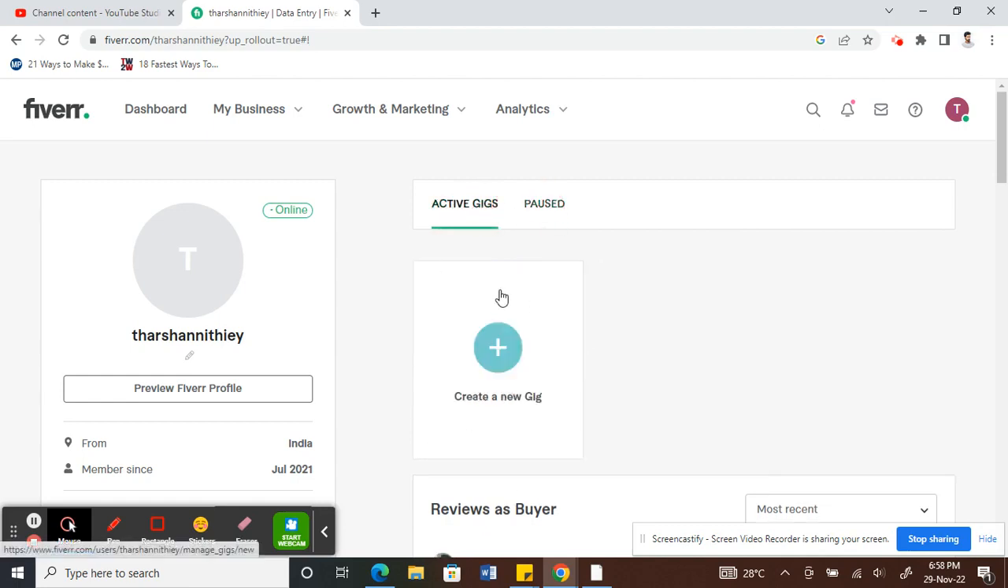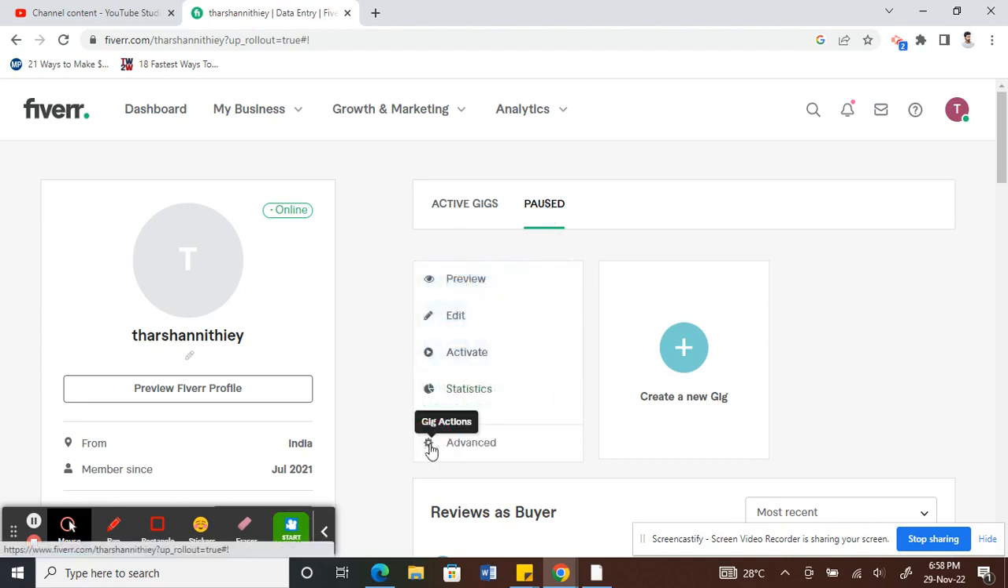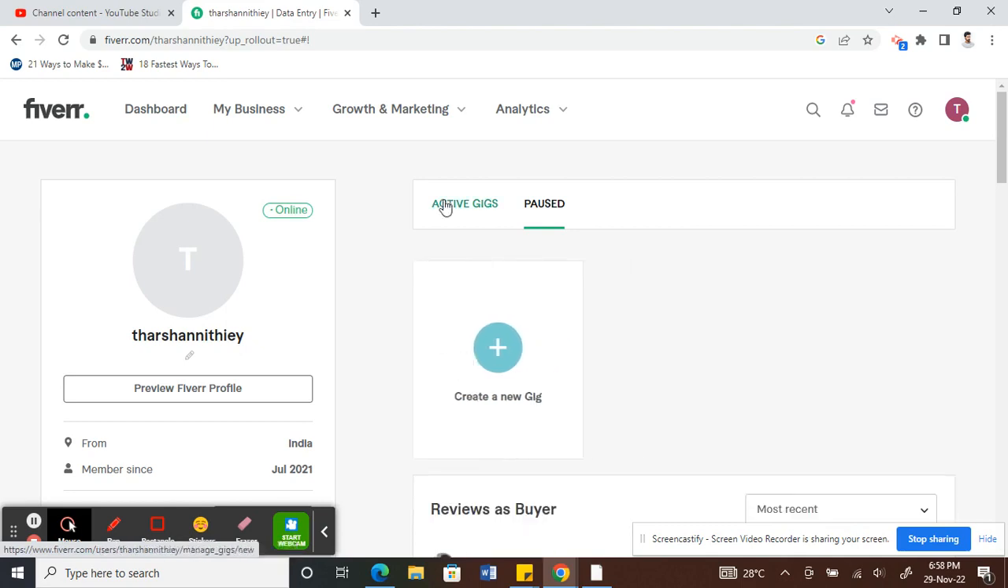So once you desire to make it active again, what you can do is just go back to this page and then click on this pause option. Here under the pause tab you will find this, and then what you have to do is click on these three icons here, and then you can click on activate. So then it gets back